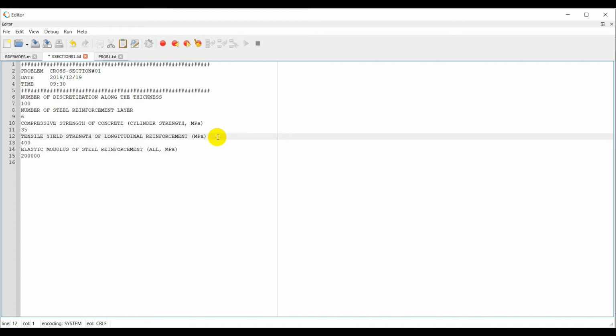So number of discretization along the thickness, 100. Okay. Steel reinforcement, number of layers, but we can also put more in the geometry, like